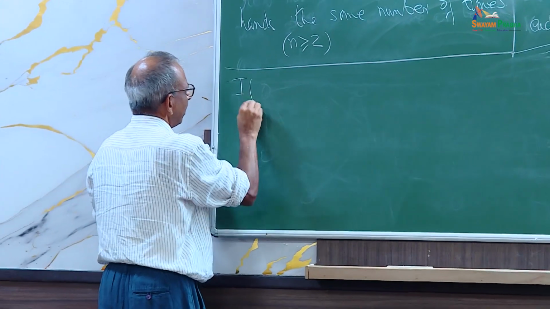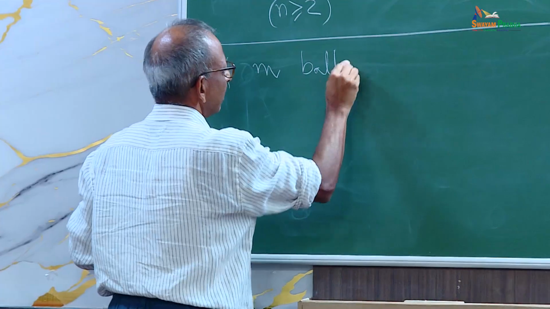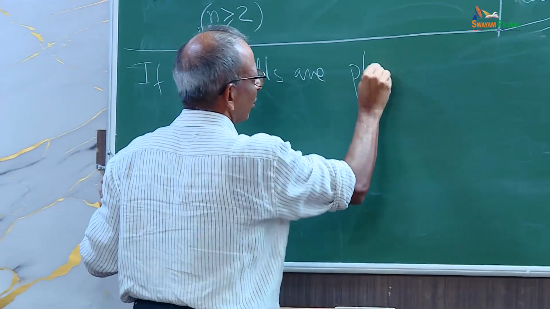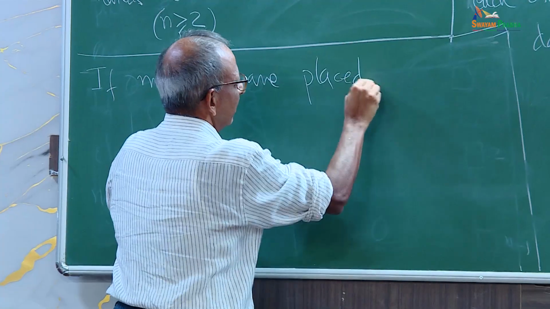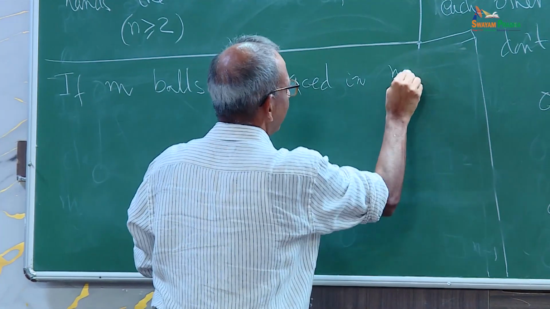I don't know his name, but there was a suggestion that I somehow was very rigid in my definition of the pigeonhole principle: that if there are n plus 1 balls, they need to be put in n bins, then some bin will have at least 2. But suppose n plus 1 balls were put in n minus 2 bins instead of n bins, still there will be 2. So maybe I should write down: if m balls are placed in n bins,